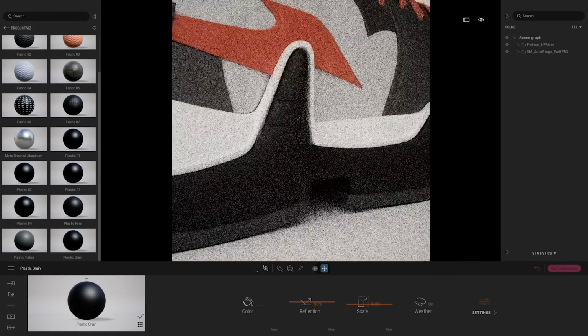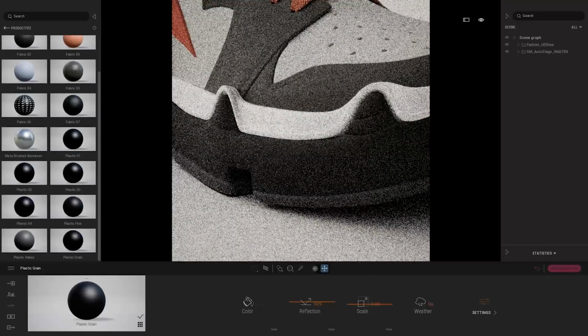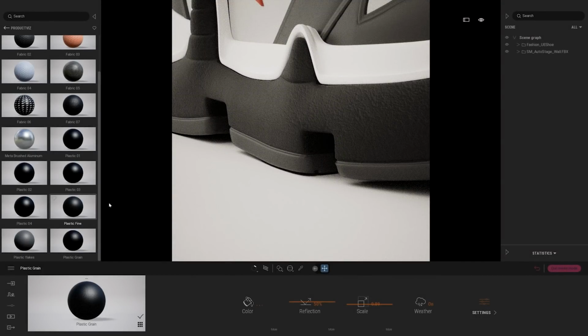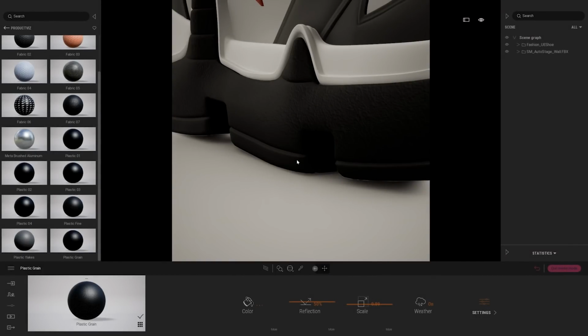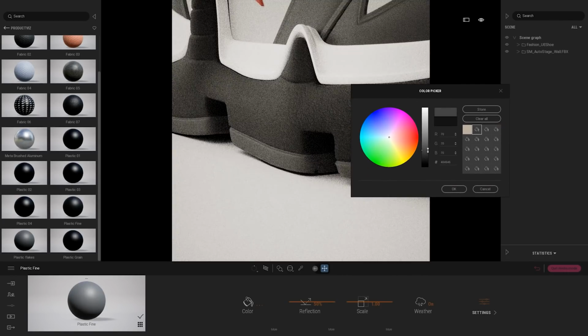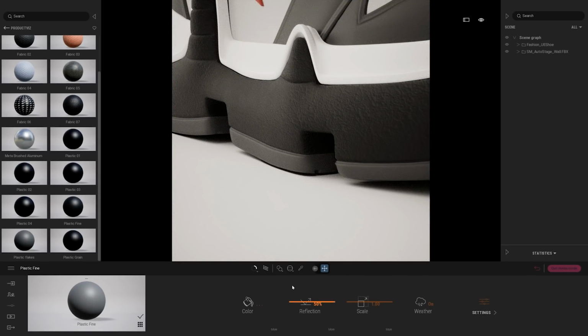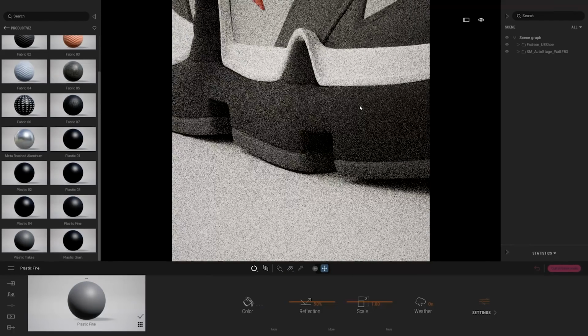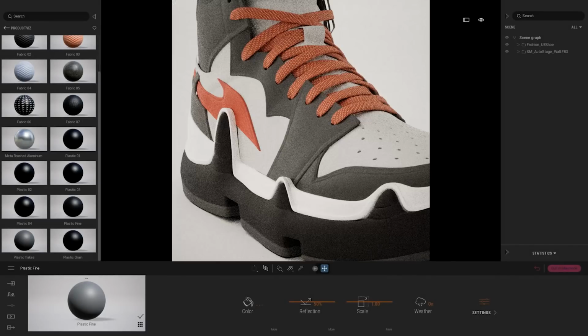Something like that. Now let's just keep adding more materials. So here we have another plastic on the bottom part. That plastic, I want it to be a lighter gray, like that. Here also I'm going to go back to object UV because I know that most of the other UVs are perfectly fine.